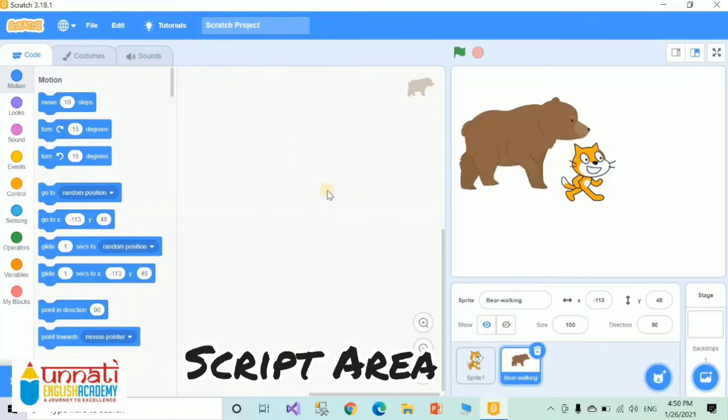Now let's see the script area. This is the script area where we will write down the instructions. So we can say that the collection of stepwise instructions given to a sprite is known as a script. Script area is the place where we pick and drop the blocks to create a script.